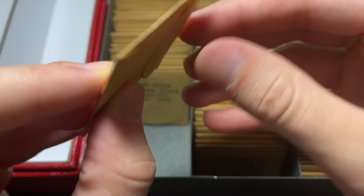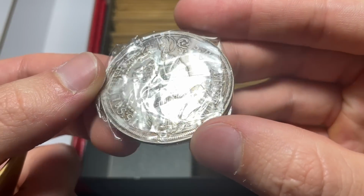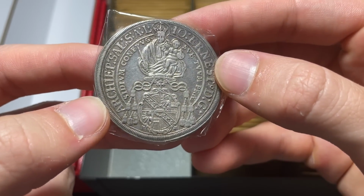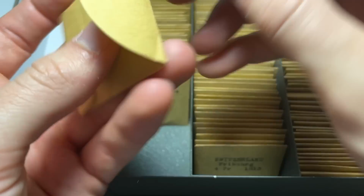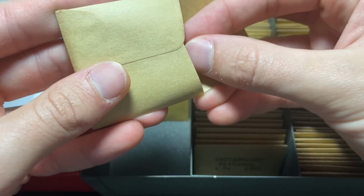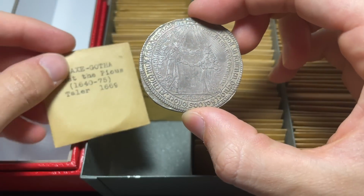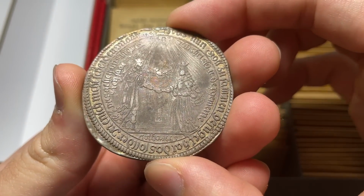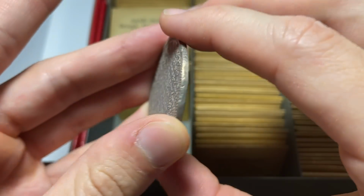Here's a Thaler from 1694, Johann Ernst, and again, just beautiful item right there. Such a nice item. And I think the story was the person had sold one box like this for like $800, and this is really an Ernst the Pious Thaler. I do want to take some notes on this coin. Take a look. There's some Hebrew up there. Can't tell if that's been removed from a mount, but